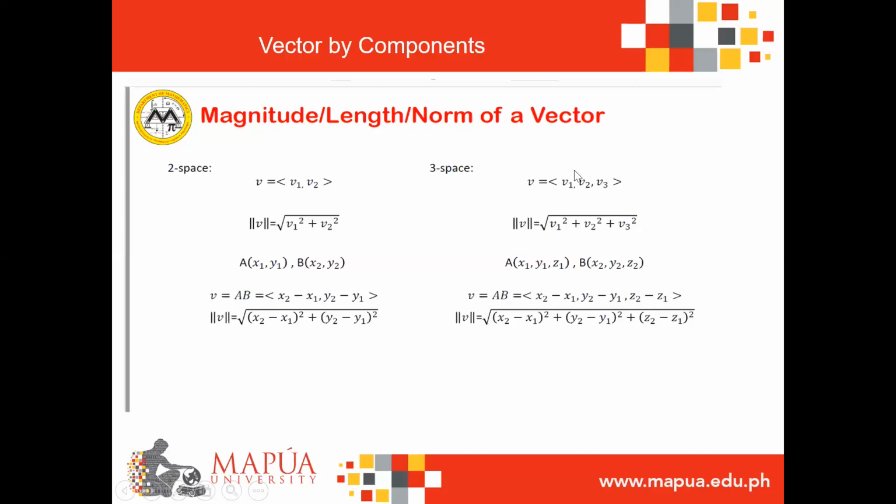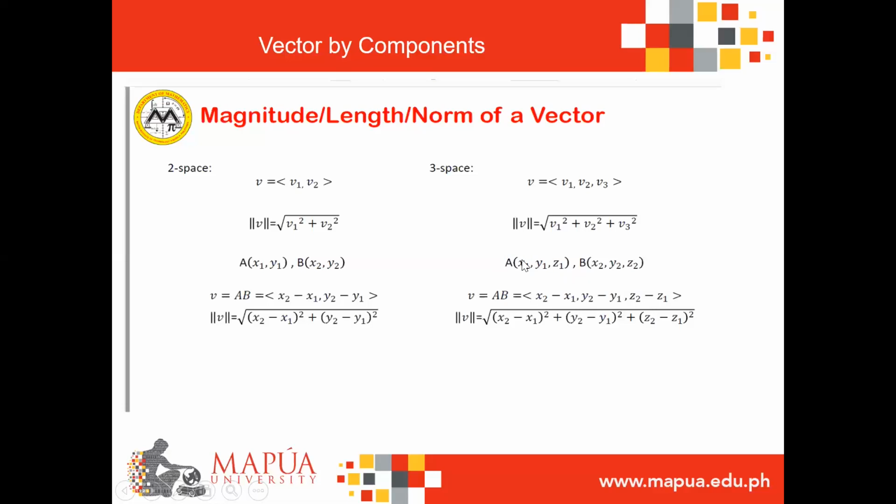For a vector in 3 space, we have the vector v whose components are v1, v2, v3. Its magnitude, represented by the double absolute value sign and also denoted as magnitude, length, or norm of vector v, is equal to the square root of v1 squared plus v sub 2 squared plus v sub 3 squared. And if you have a line segment with initial points given A and B